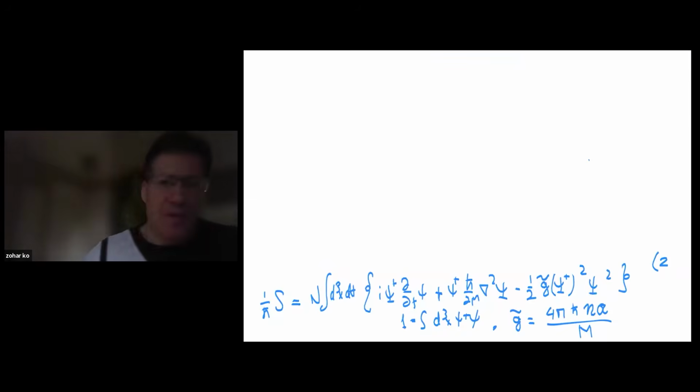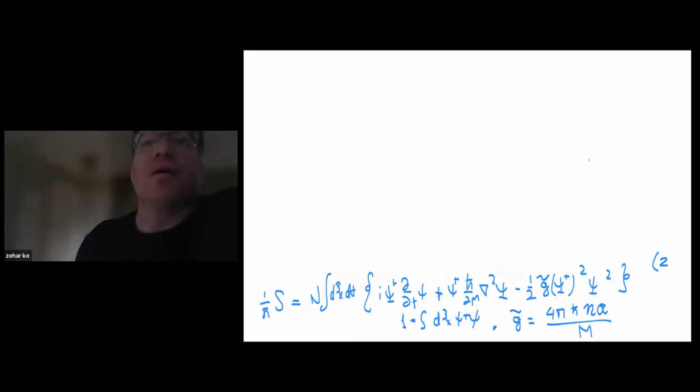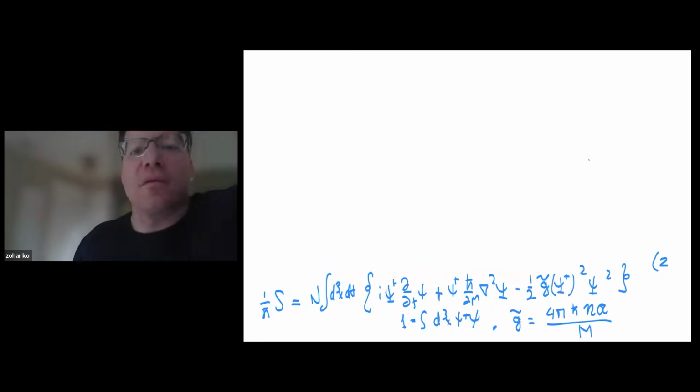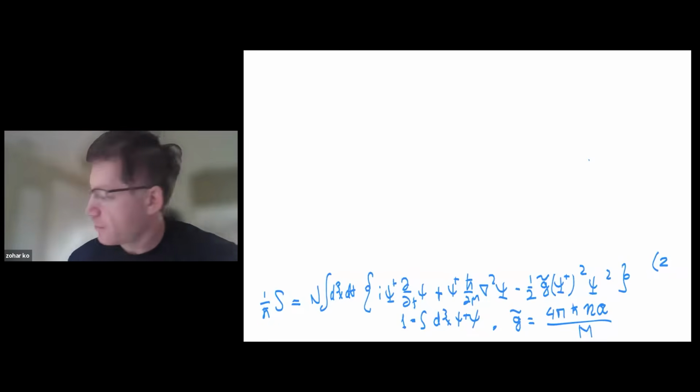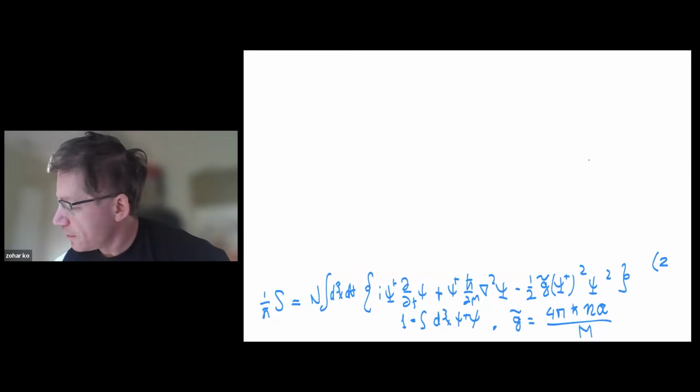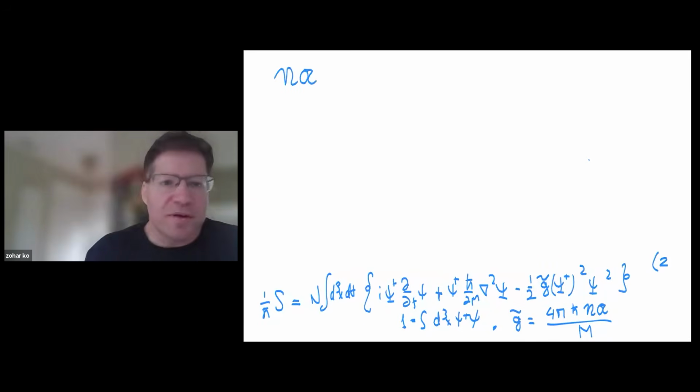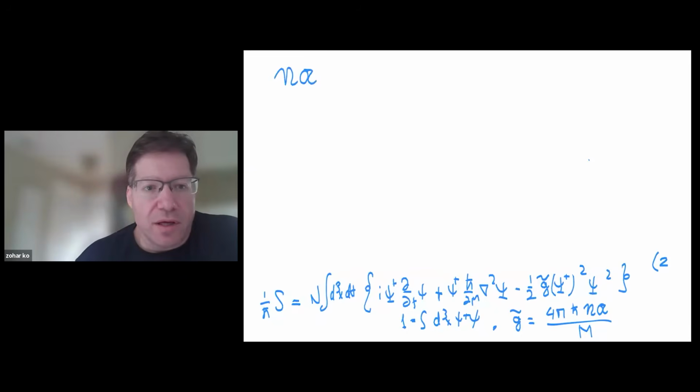This parameter, na, that we encountered, which is the product of the interaction range. Remember, little a is the interaction range essentially. This product of the little n times a is a very important scale in nuclear physics and also in atomic physics. It's the product of the density of the atoms, or the density of neutrons if you're a nuclear physicist, and the interaction length. So what are the dimensions of this object?